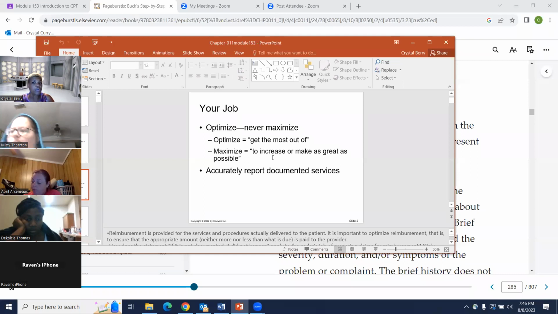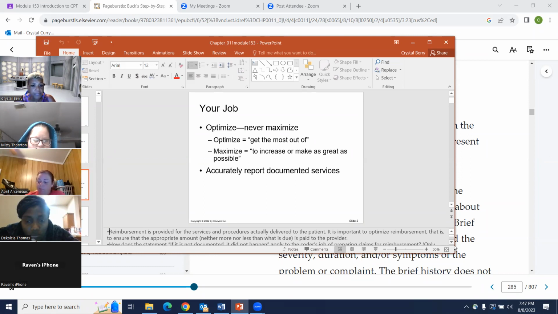Maximize is to increase or make as great as possible, and accurately report documented services. Reimbursement is provided for the services and procedures actually delivered to the patient. It is important to optimize reimbursement, that is, to ensure that the appropriate amount, neither more nor less than what is due, is paid to the provider.